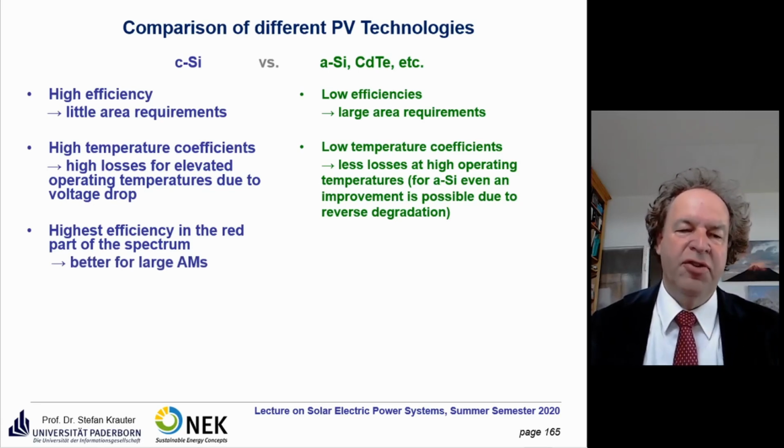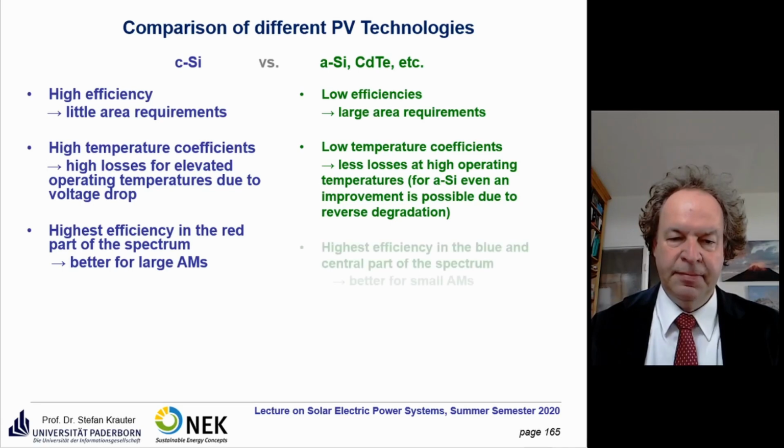Concerning the spectral efficiency, crystalline silicon usually has the highest efficiency in the red part of the spectrum. So they usually work better at large air masses (AM), meaning when the sun is not shining perpendicular on them, and or at AM1, usually closer to sunset. This effect is not very big. It's in the vicinity of 3%, but has to be considered if you do a calculation of large-scale PV fields